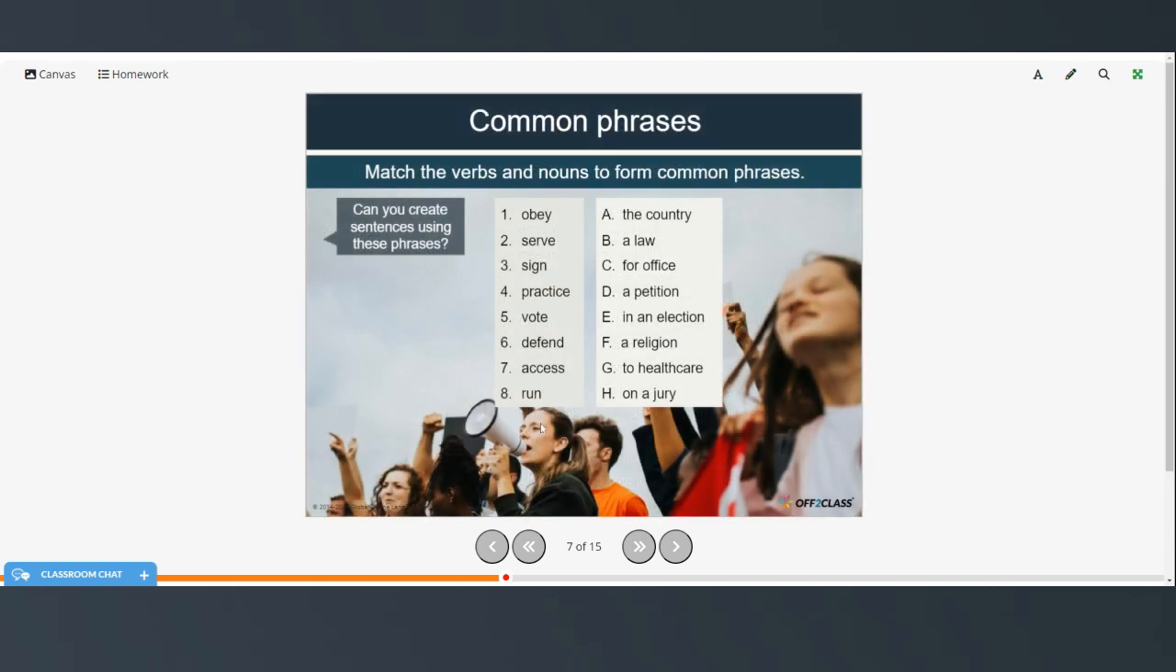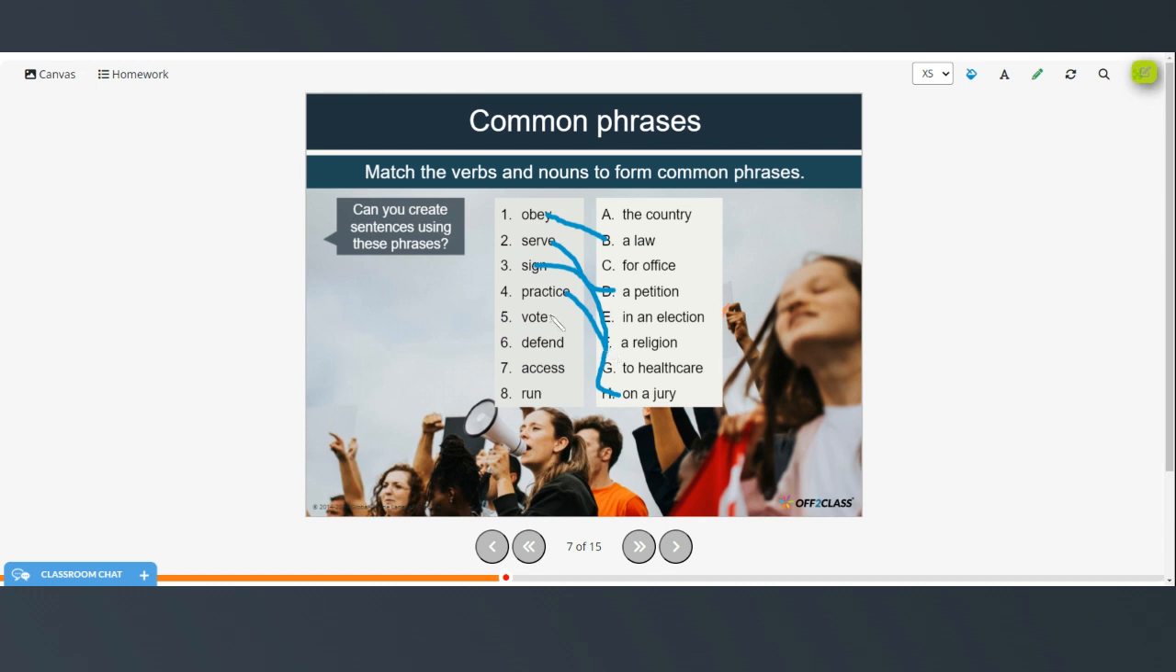All right, again, here we have some common phrases. So first we want to match the words on each side to make a common phrase, and then I'd like you to try to make a sentence with each of these phrases. All right, so number 1, obey a law. We could serve on a jury, sign a petition, practice religion,